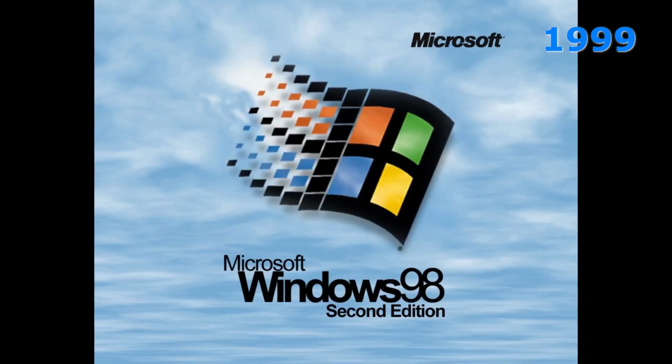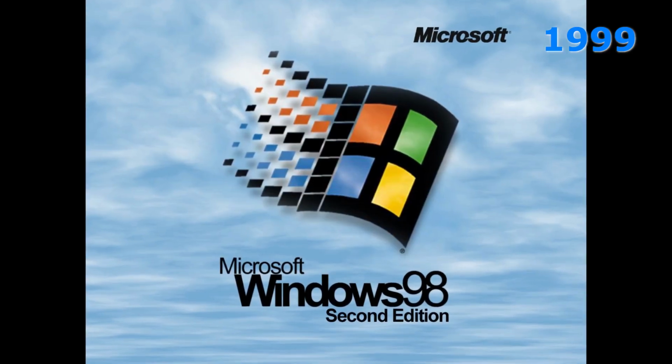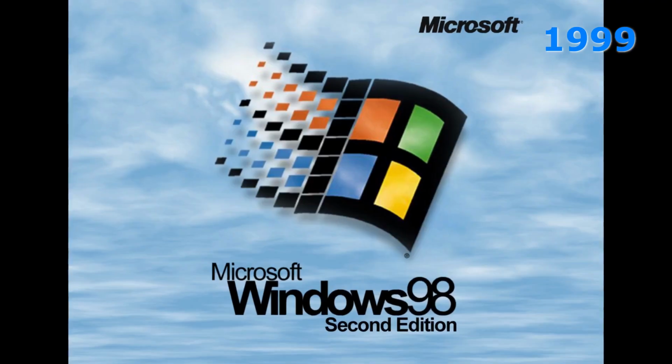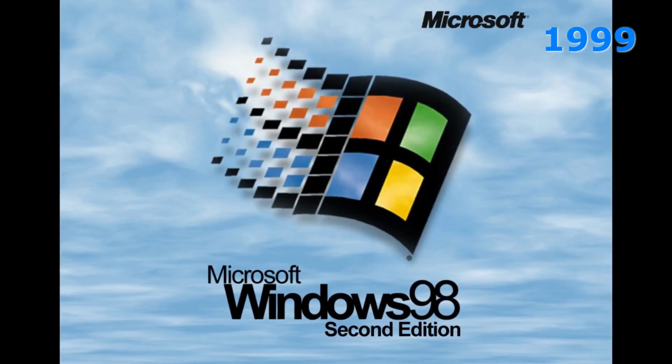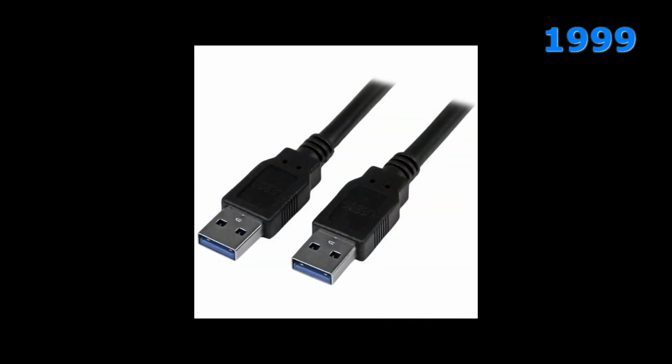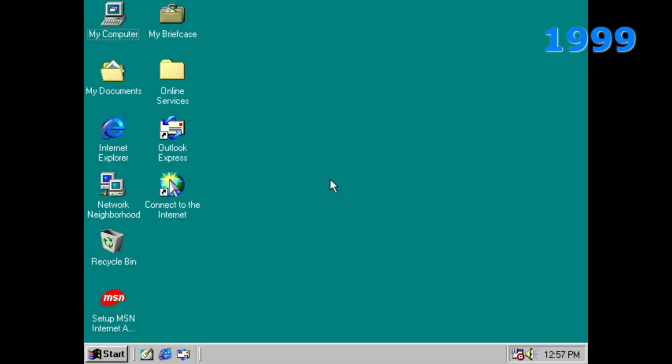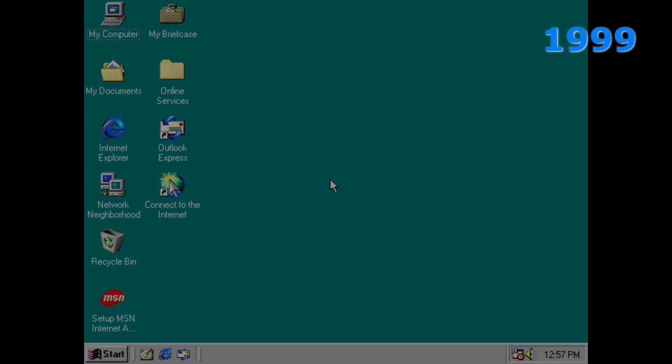The following year in May, Windows 98 SE or second edition was made available. This mainly came with bug fixes and device improvements again, such as better USB support. Internet Explorer was updated to 5.0 and DirectX to 6.1. Windows 98 was apparently praised for its fixes and continued improvements to the interface and ease of use.